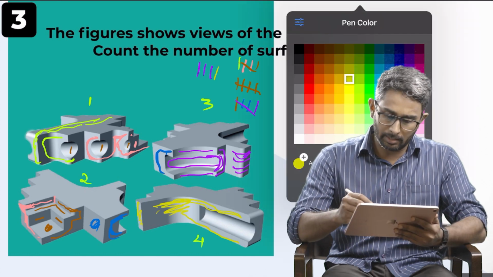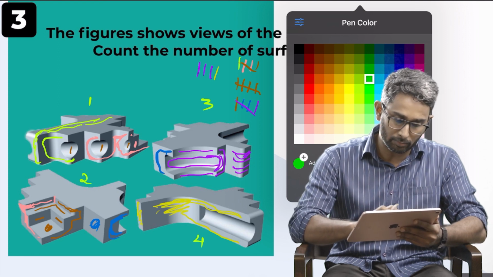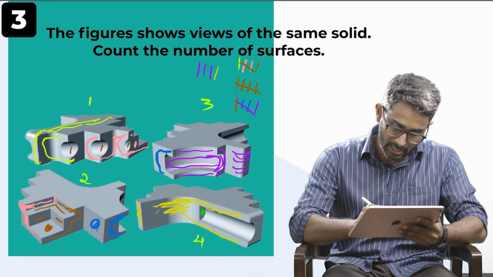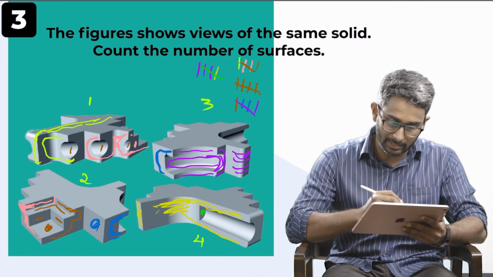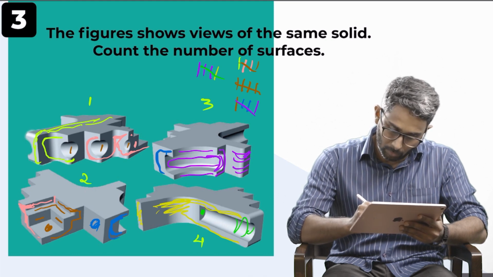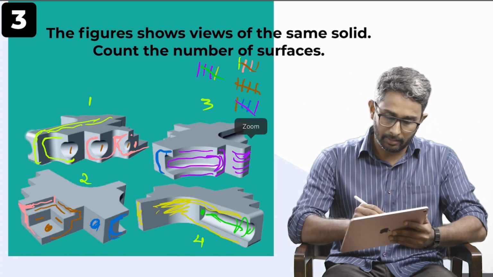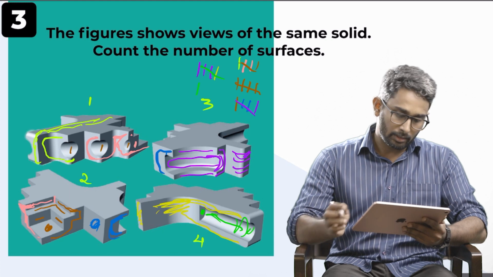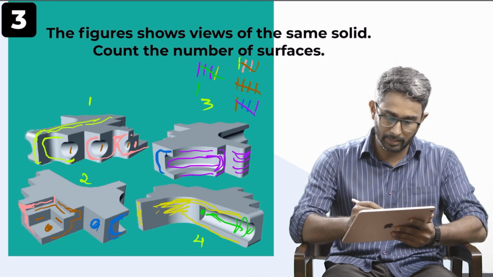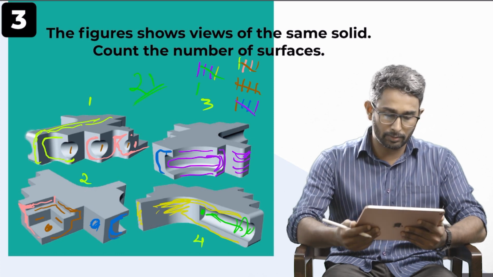Okay, next after that let's see what surfaces are left out in the fourth view. So this D shape is there, so I'm marking it here. And finally I think there is this C shape, the whole C shape which is present over here, and I have just counted it. So counting the total number of surfaces, we can see 5, 10, 15, 20. We can see 21 surfaces altogether.